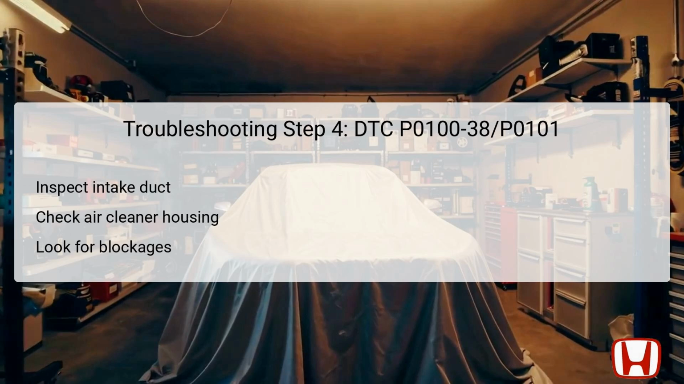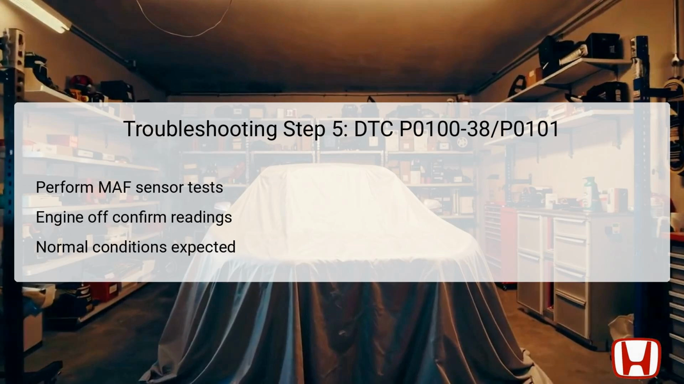A clean intake system allows for proper airflow, which plays a significant role in how accurately the MAF sensor measures air entering the engine. An obstruction in either of these areas can lead to incorrect data being transmitted to the PCM. The fifth troubleshooting step involves performing functional tests on the MAF sensor, beginning with verification while the engine is